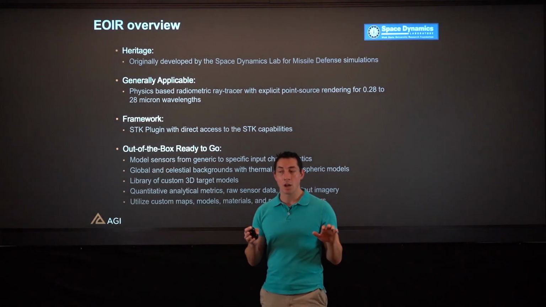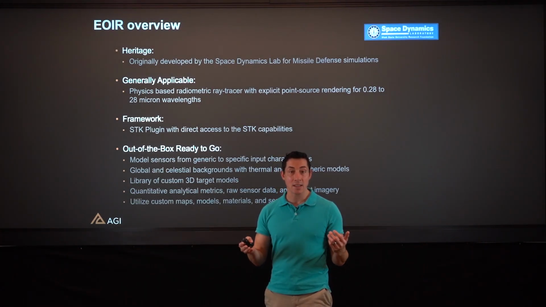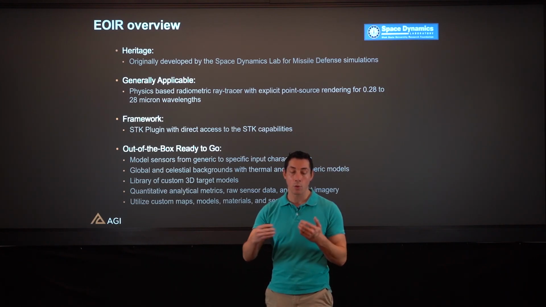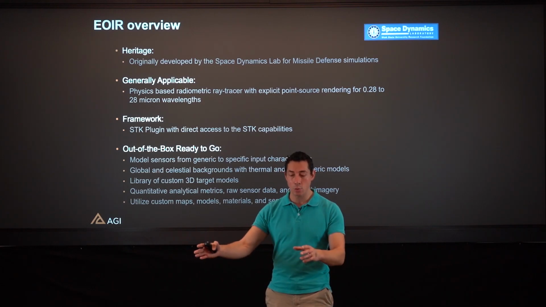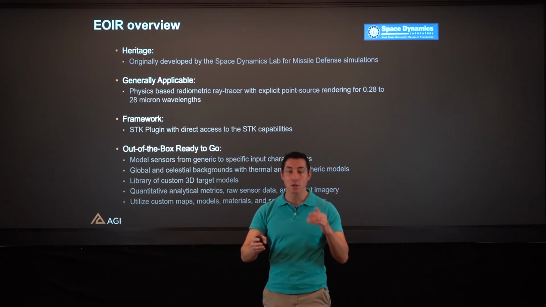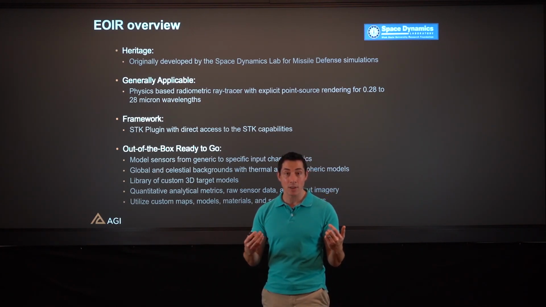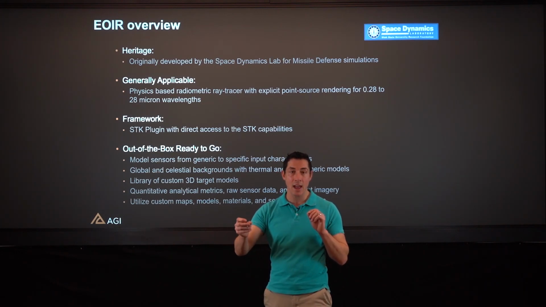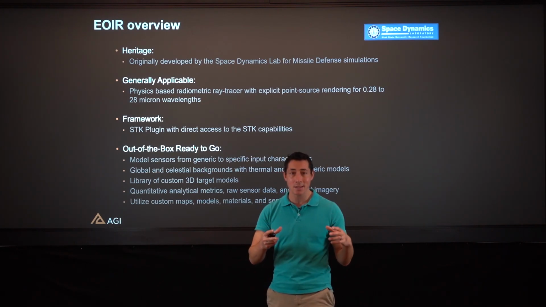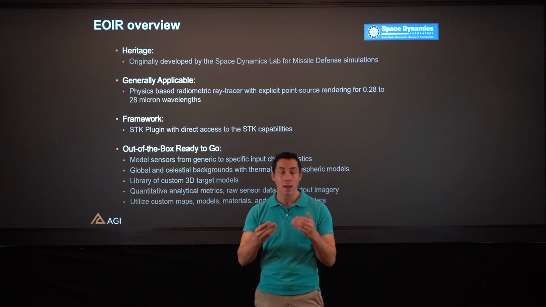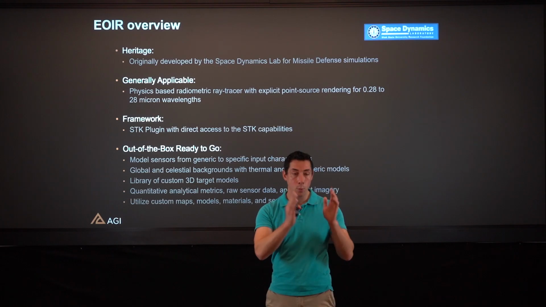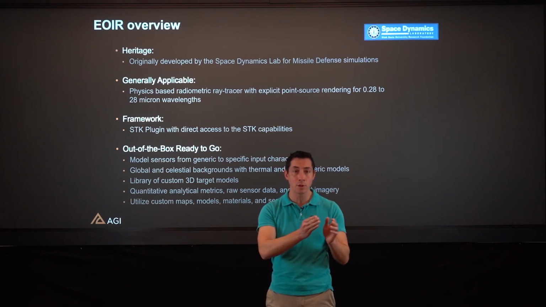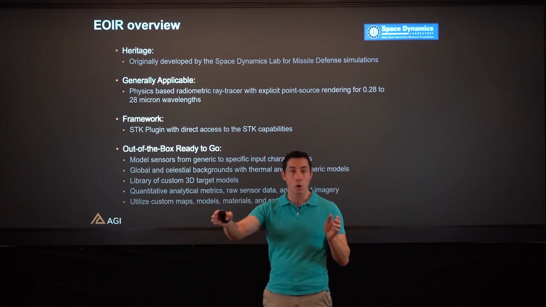The heritage of EOIR is it actually came from the Space Dynamics Lab. This was originally a tool that the SDL used for missile defense applications. And what we did is we actually took that toolkit and brought it over to STK so that you could use all of the nice STK setup features and then do that radiometric analysis. And we expanded it to say, this doesn't need to be just for missile defense applications. This is a generic physics engine. And that's exactly what we've done. So again, that 0.28, the hairy edge of UV blue, all the way to 28 microns, the long wave thermal